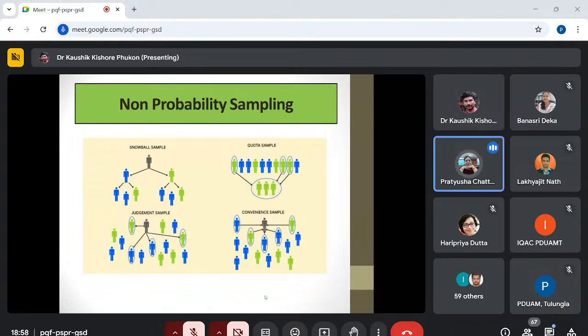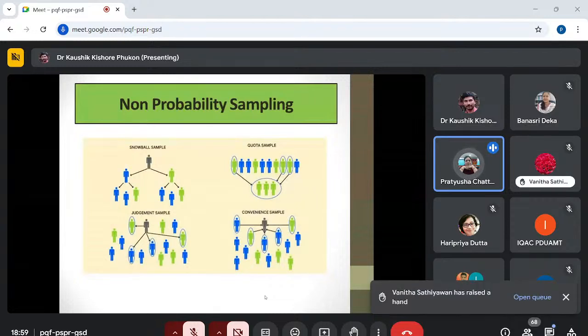Yes, sir. Sir, another question came into my mind. You were talking about when we have a small population, the sample size is smaller, then we have to have a precision level of about 99%, I think. And when it is very large, then the precision level can be around 90% or 95%. Is it so, sir?